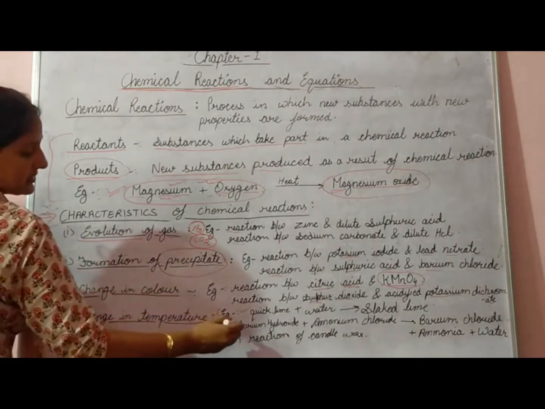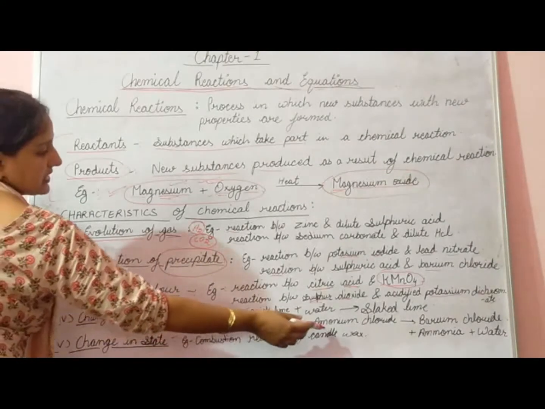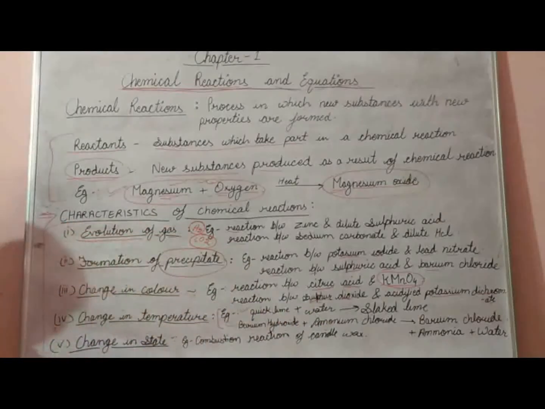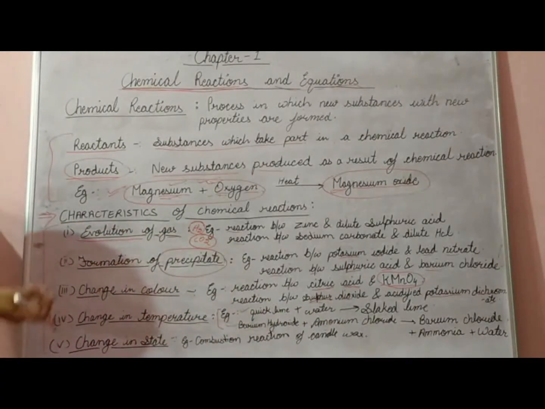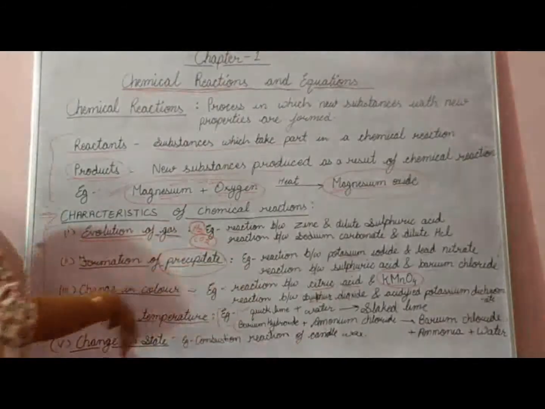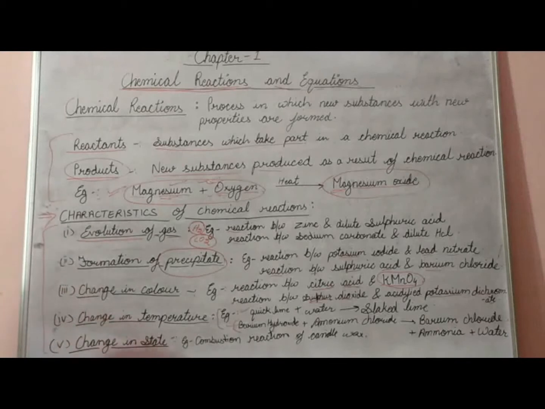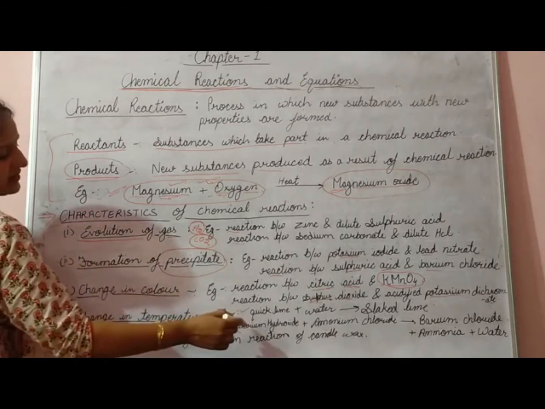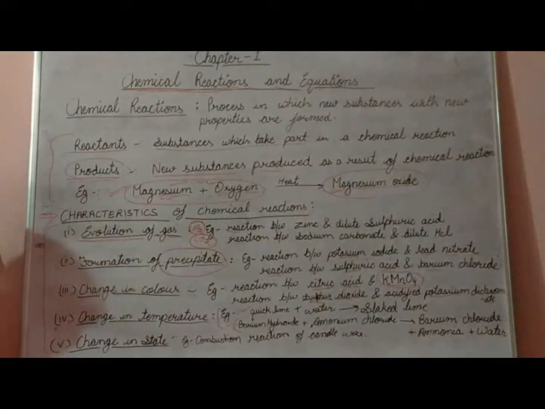Second example, that is the reaction between barium hydroxide and ammonium chloride. In this reaction, heat is not evolved, rather it is absorbed. So this is an example of an endothermic reaction. When the reaction between these two reactants takes place and you touch the test tube, the bottom of the test tube appears to be cold. So it indicates that here some amount of heat is absorbed.